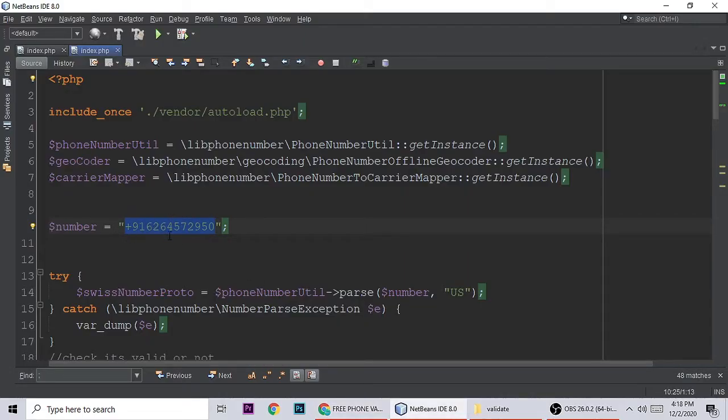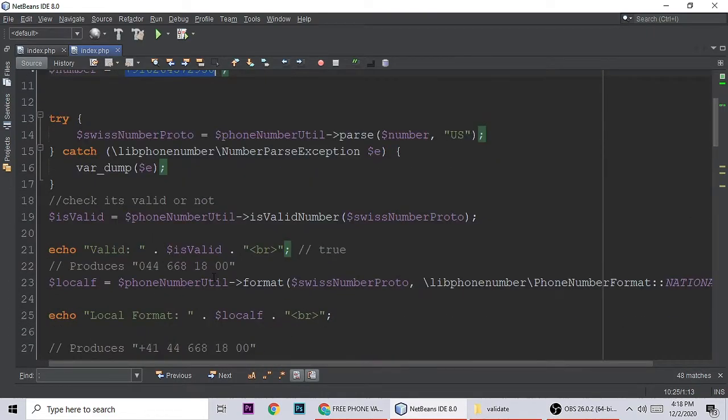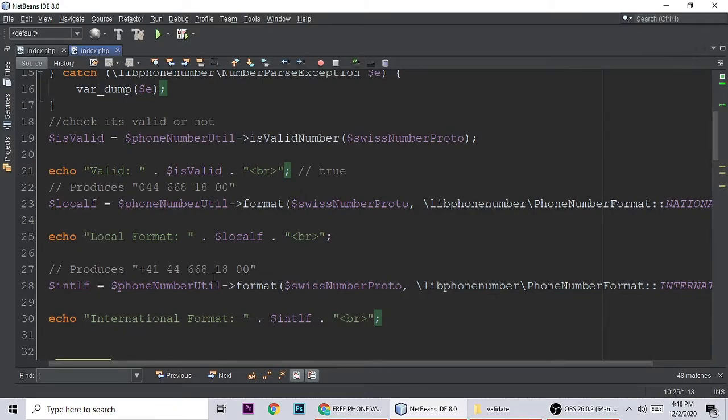We are changing the numbers here, right? But this library is very useful for validating numbers and knowing which country's number it is. So I thought to teach you because this is a useful library.